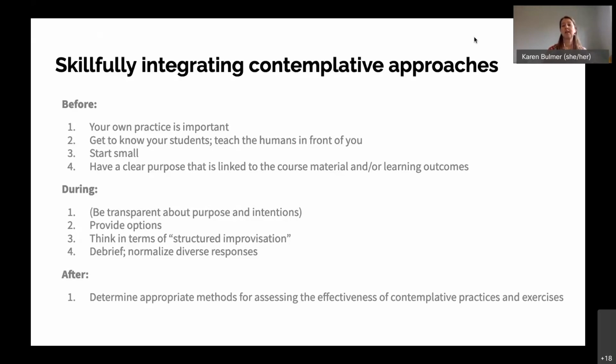So here is, oh, I did want to, I've got in my notes here this caveat, which is that I'm not following all these rules for skillful integration today. In my actual classes, I tend to take a little bit less of a quick and dirty approach, and wouldn't do a series of practices likely in one class setting. But I did want to give you a little bit of a sense of the different ways that this could look in a class setting. So this is a little bit more than we would often do in a class.